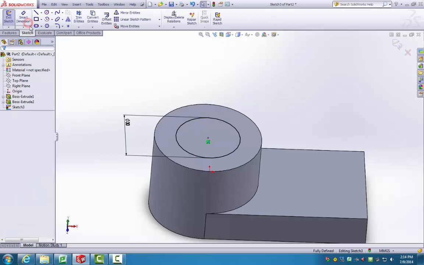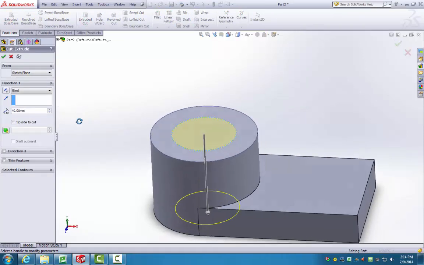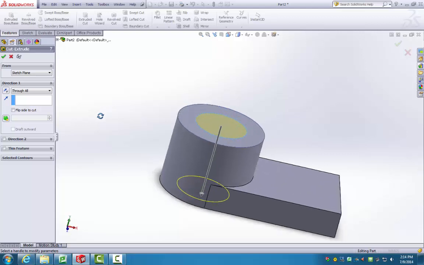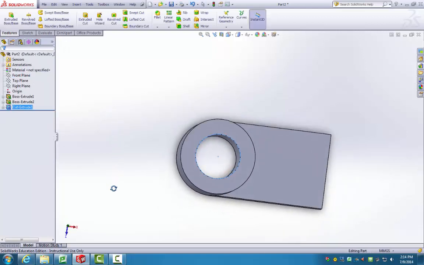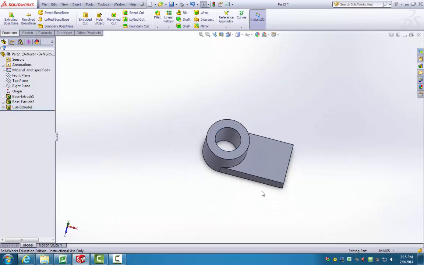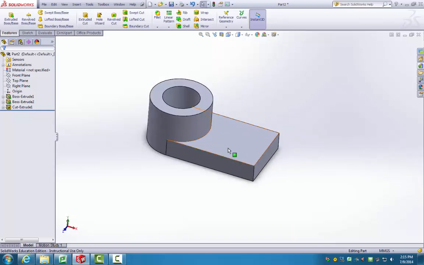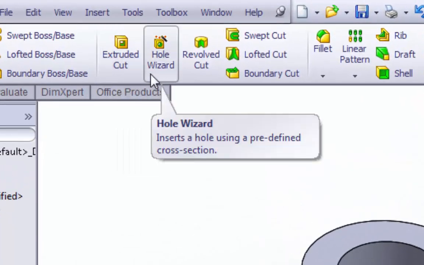Now I'll turn off the tool and exit the sketch and go to an extruded cut, and I will cut out this hole, making sure that the end condition is through all so that it will go through the entire part. Once that's done, you can see the hole. The next portion of the part is going to be a second hole, which is going to be the round part of the slot. For this, we will actually use a new tool. As opposed to drawing a circle and doing an extruded cut, we're going to use a tool called the Hole